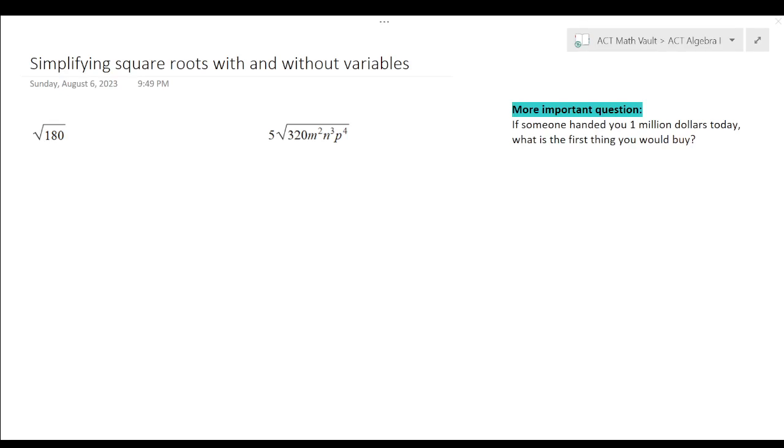Hi everyone, in this video I want to talk about simplifying square roots with and without variables. Here are the two problems that we'll do, and to make sure that we don't take ourselves too seriously, let's